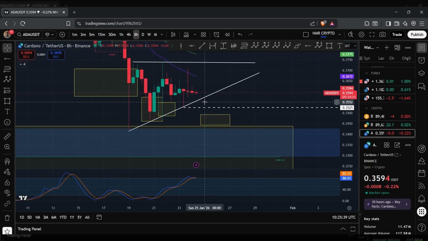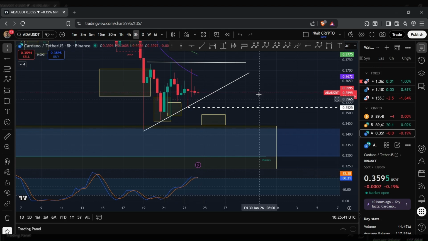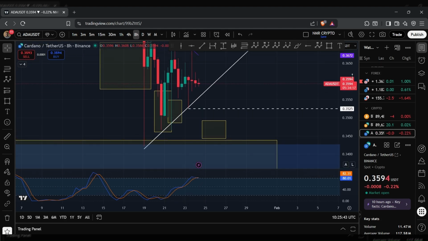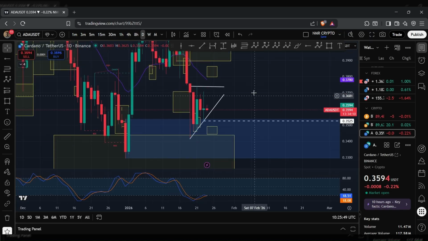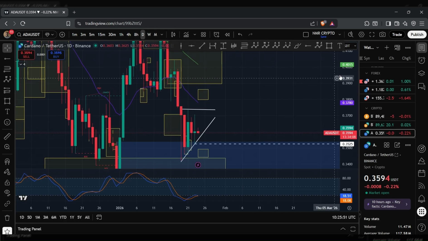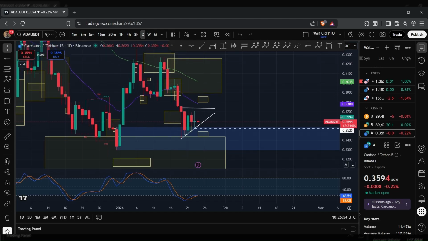And if I go in the 8-hour chart, again, we are within the overbought conditions. So it's possible that the bears regain control of the market. And on a daily chart, we are still within the oversold conditions. And so I'm on the lookout for the price of ADA to still be bullish. Now, this could play out over the next couple of weeks. Only time will tell, really, but this is something I'm going to be tracking, and I will keep you guys